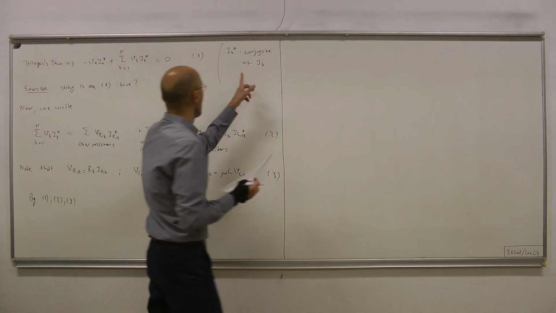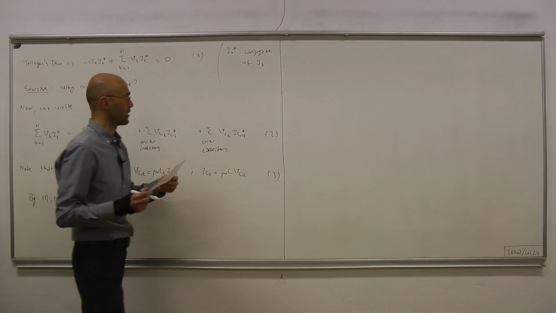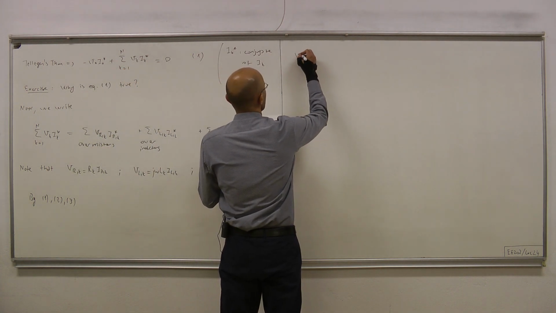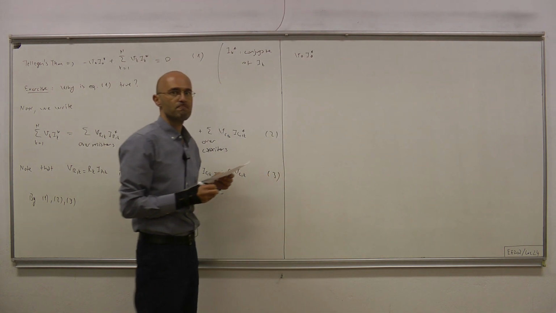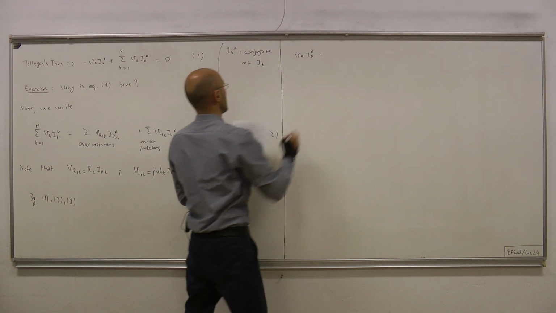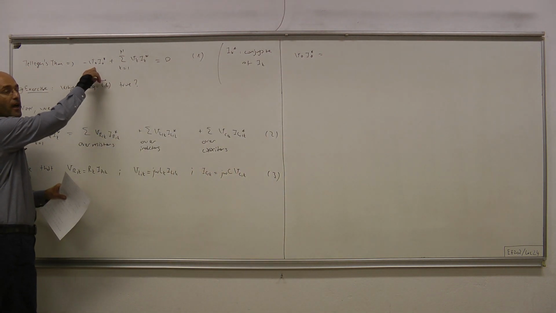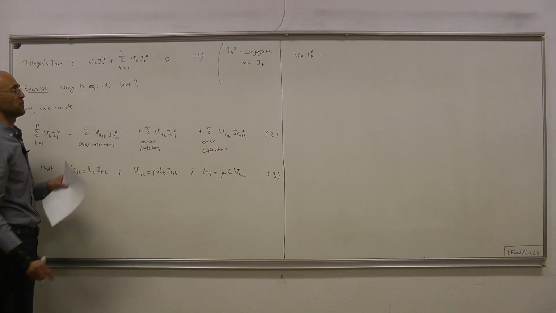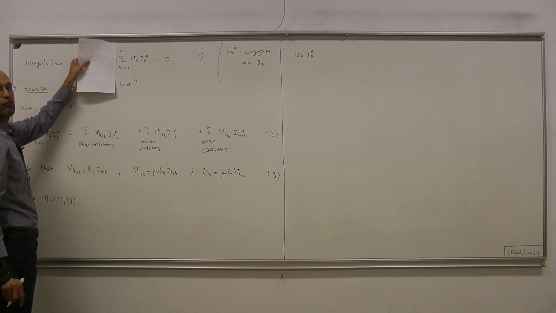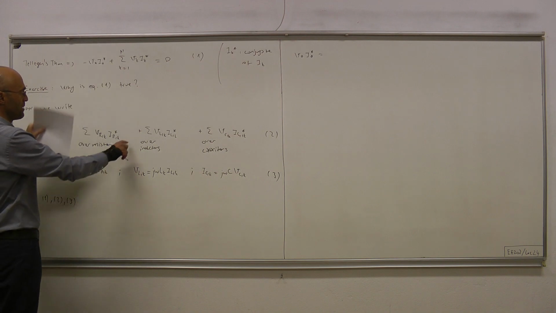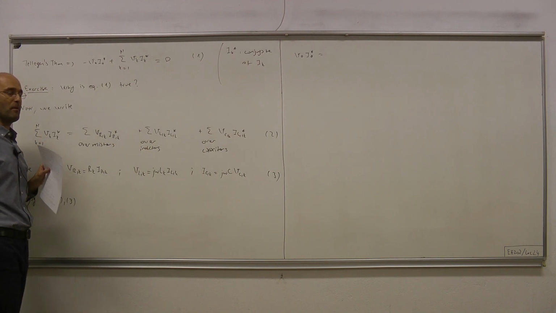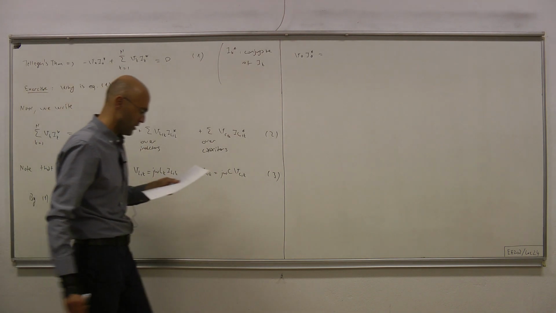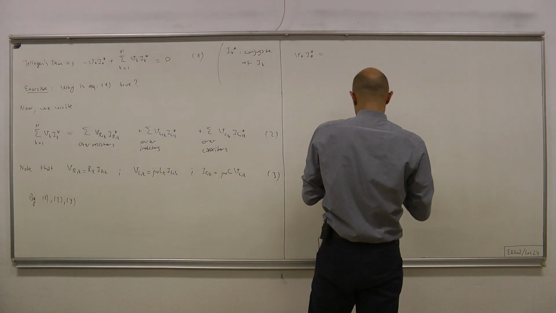Combining 1, 2, and 3, we can write V0 I0 conjugate equals, so we take this term to the other side, and that equals this sum from 1 to n, which can be written as a sum of 3 summations, and in each summation we can write the following: